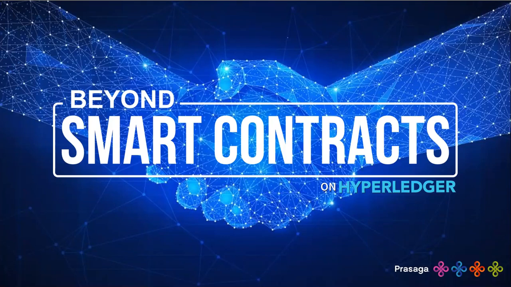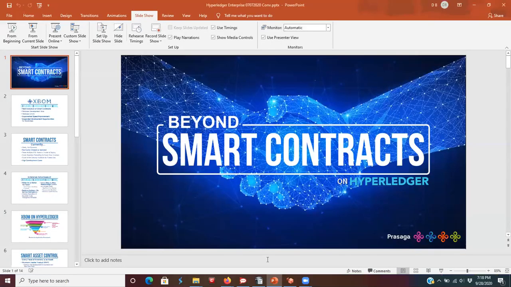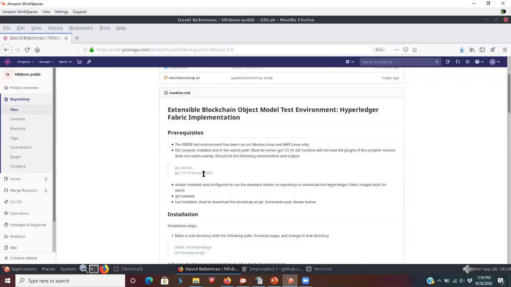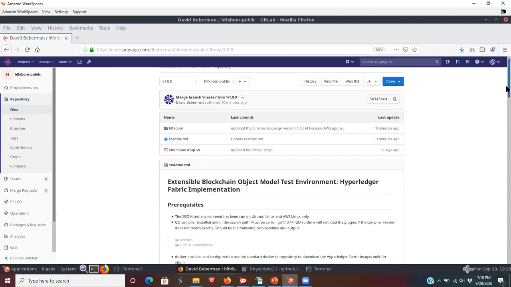This is a quick getting started demonstration for setting up the extensible blockchain object model, the Xbom development environment, for developing classes for the environment. The publicly available sources, which will be available once you register, are in our GitLab under the